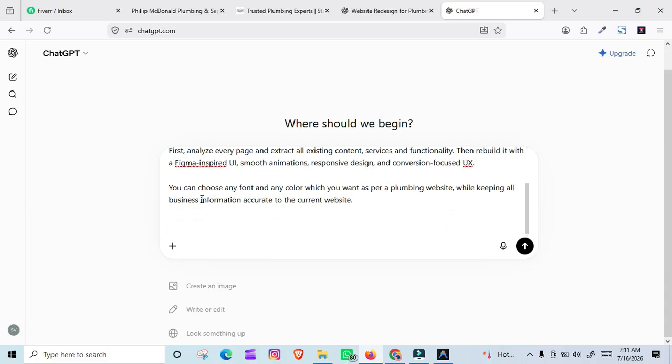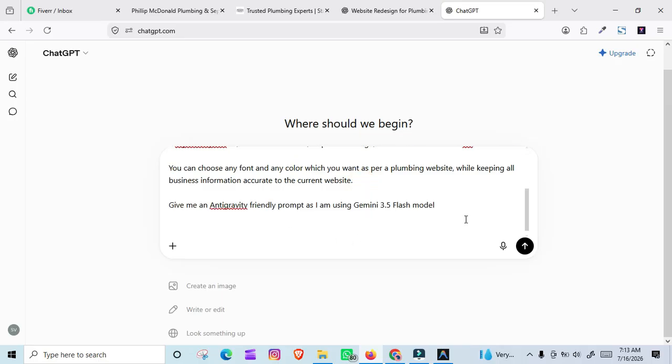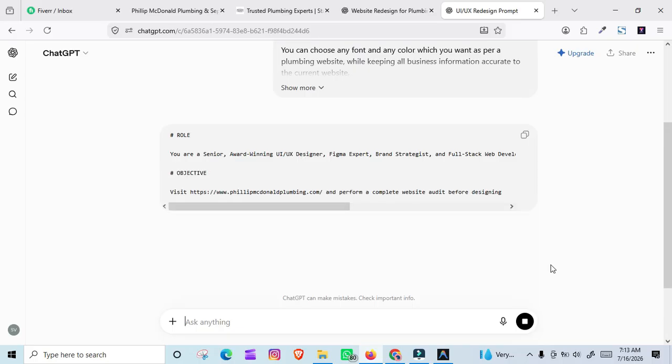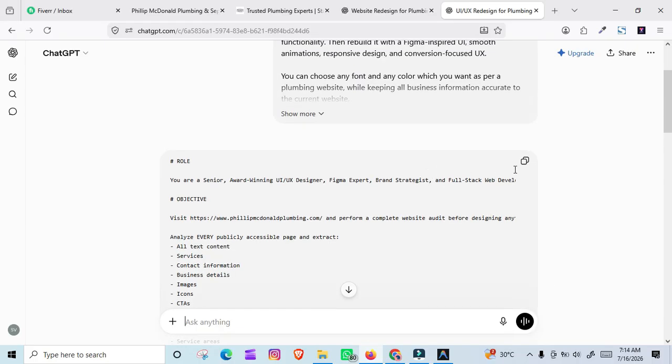And at the bottom, I have said you can choose any font and any color as per the plumbing website while keeping all business information accurate to the current website. And after that, I give it a command to give me an Antigravity friendly prompt as I am using the Gemini 3.5 Flash model. After that, click on this arrow button or hit enter. Great guys, it has generated the prompt. Now copy it